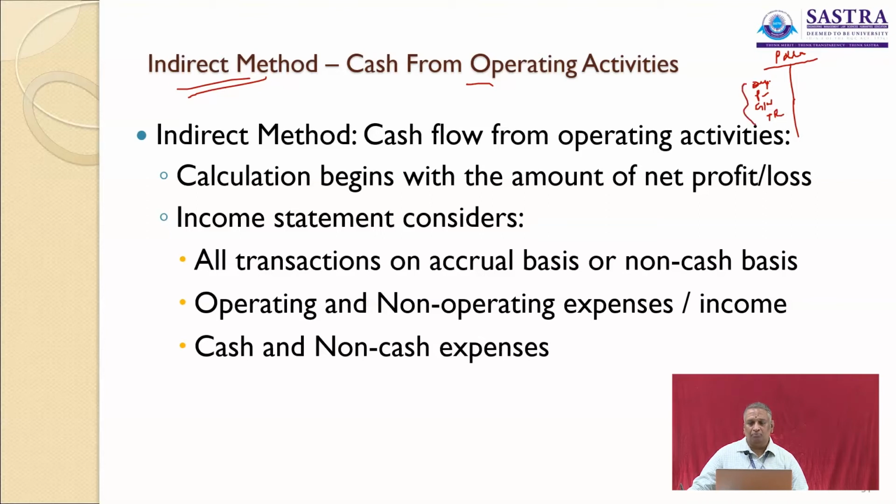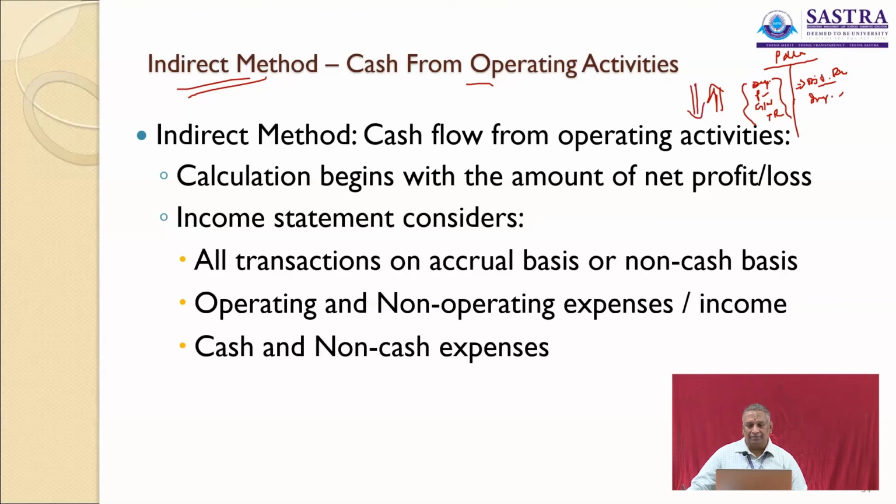So the net profit would have been calculated taking into account these items. Similarly, some of the non-operating income, like dividend income or interest received, would have been received. These are not the primary source of revenue to a business. So this dividend income is credited, because of which your net profit would have increased. And because of the debit of all these non-cash items, your profit would have declined.